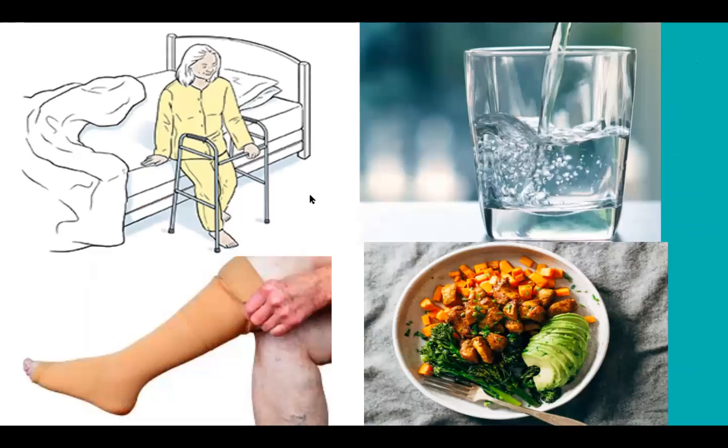In this slide, there are some pictures of examples of how to prevent syncope. So using a walking device such as a cane or a walker adequately, drinking enough water and maintaining hydration, using compression stockings, which helps the blood flow, and maintaining an optimal diet and good nutrition all help prevent syncope from occurring.